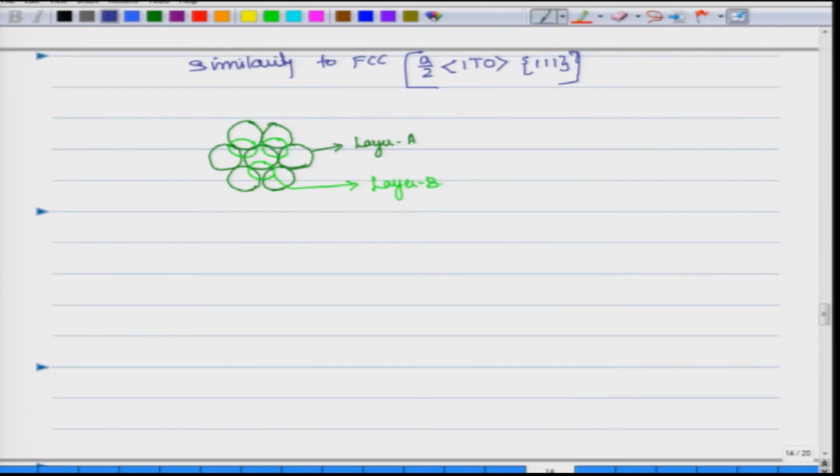Now, if it were a perfect dislocation, what would have happened? This would have moved from over here to over here, but this is not what is happening, it is forming a partial. So, what is that partial? This is like this and over like this. So, your dislocation, which is given by the Burgers vector a by 3 1 1 bar 2 0